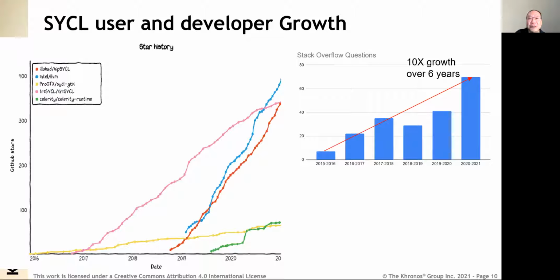The other graph shows the growth in the number of Stack Overflow questions from when I started in 2016, when there were 7 questions, to 70 this year after 6 years. It's a 10 times growth. The number of people attending the working groups has doubled as well. And that's really thanks to